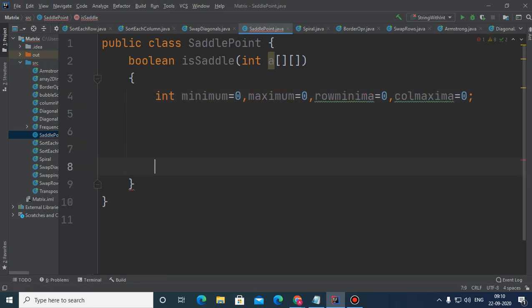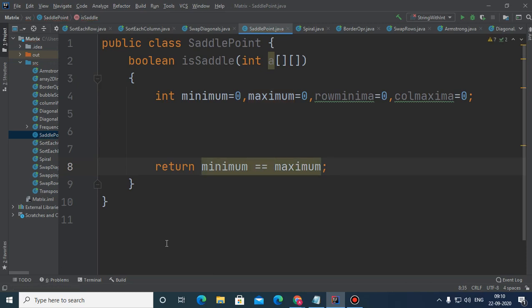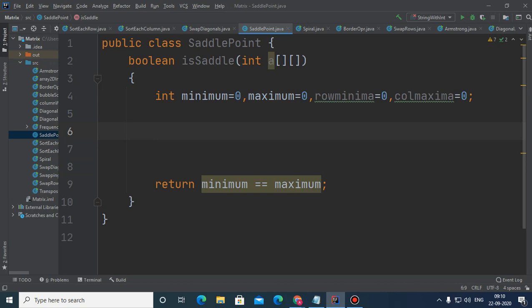After you process the whole matrix, return true if minimum equals maximum. This will be the last statement, and the rest of the code you have to write in between.